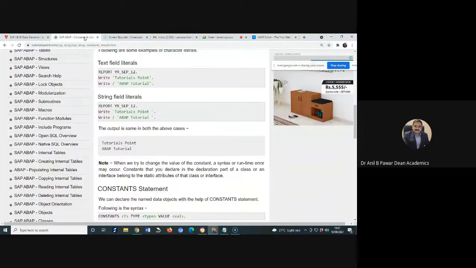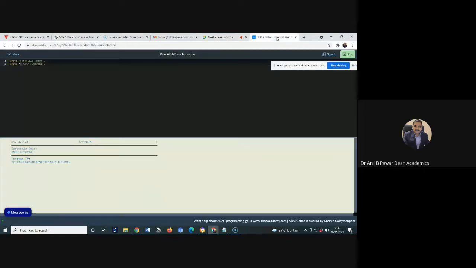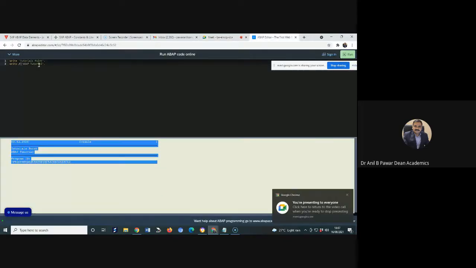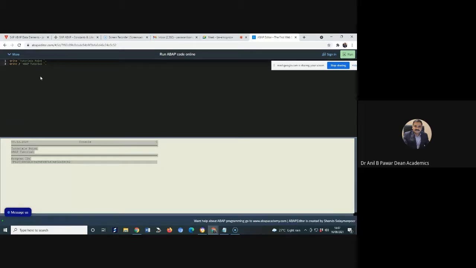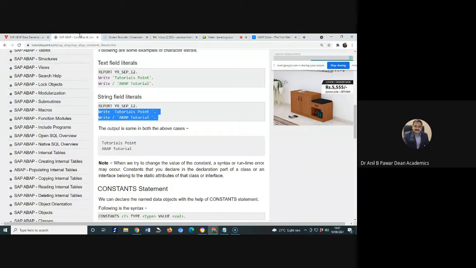But if I go for the second one, string field literals. Okay, let us check. Control C, and then okay, fine. And Control A here. Yes, Control A. Okay, I'm putting it this way now. Okay, run. Okay, operate. I might not have copied it, so I'm just copying it. These are the string field.